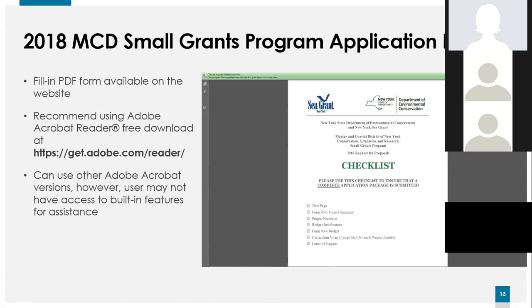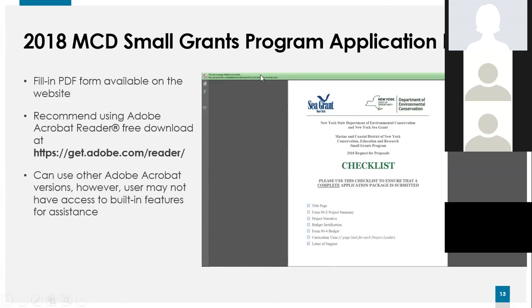Now, time constraints will not allow me to review all pages of this application form, but if you're using Acrobat Reader, when you open the document, it's going to look very similar to the image you have here, where you have a header. It's either purple or green in some cases, depending on the version of the reader that you're working with. But that header information simply advises the users that you're working with an interactive document which contains fields for you to enter your information.